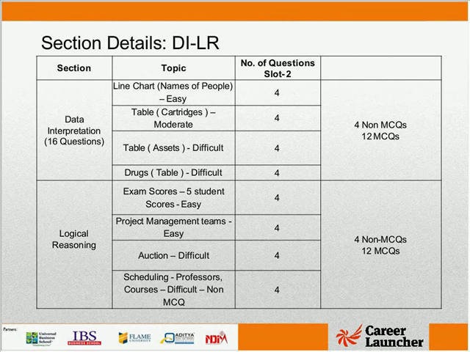One thing to realize here is that the question on the table on assets and drugs, which was the last set in DI, which was actually a non-MCQ, wasn't very simple. A person would have ended up spending quite a bit of time here, because substitution of choices wouldn't have helped either. On the other hand, in the LR section, this auction question turns out to be very difficult, because the options were also quite close together.